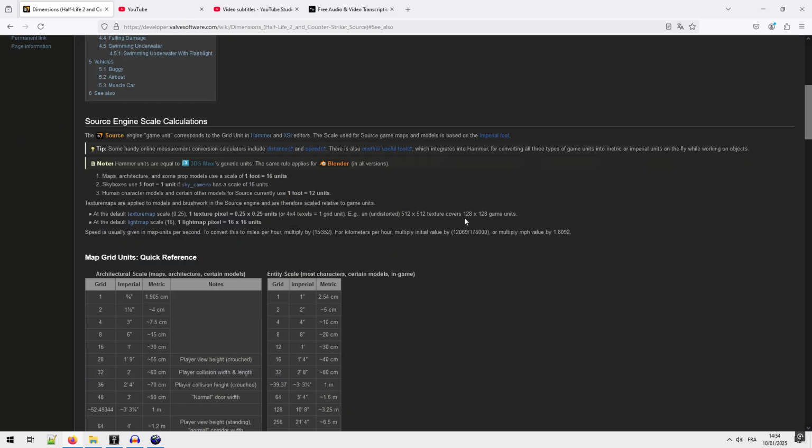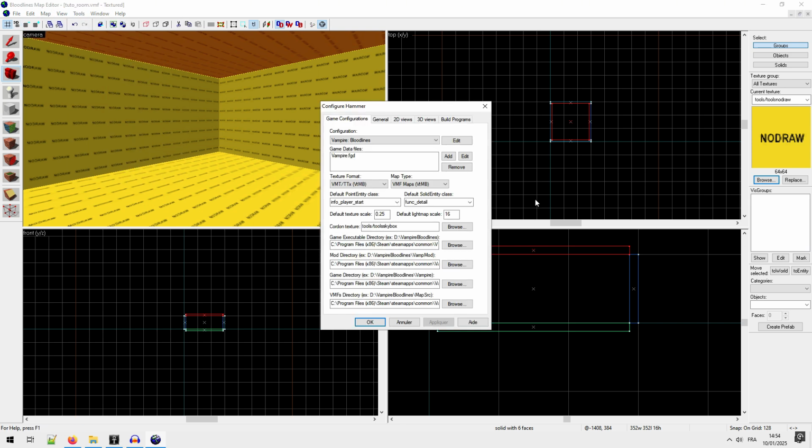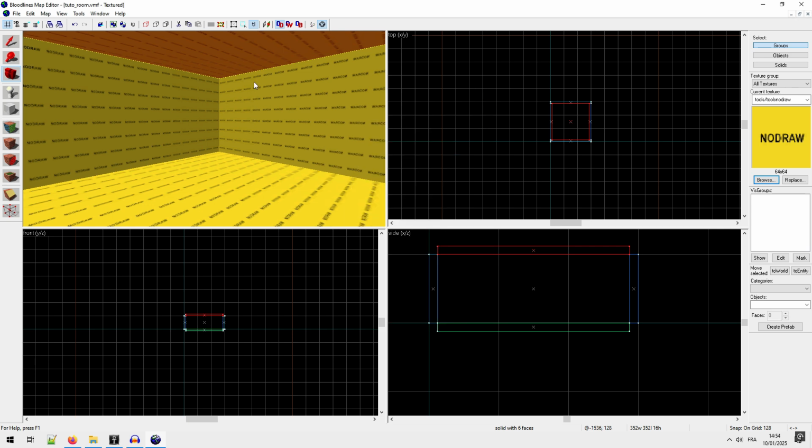And you see here that for 128 per 128, you use texture of 0.25. And our default configuration, so tools option, is 0.25. So with 128 8, you are able to apply any texture without changing them.